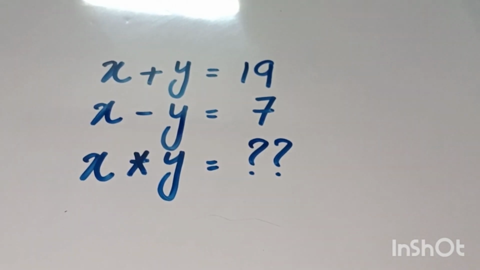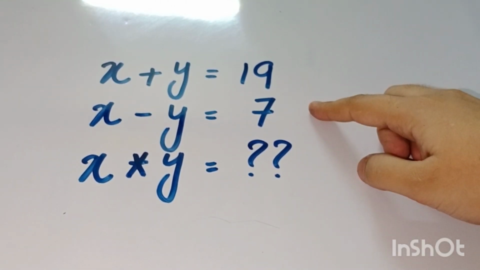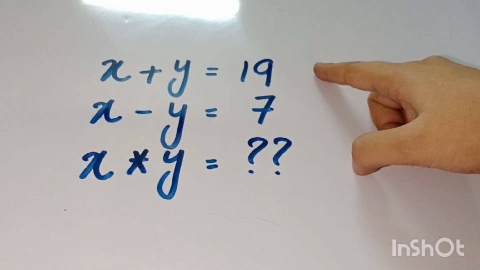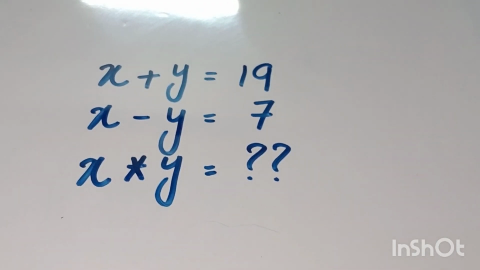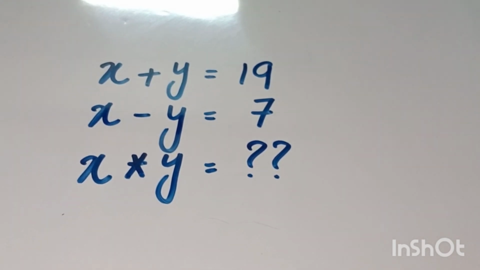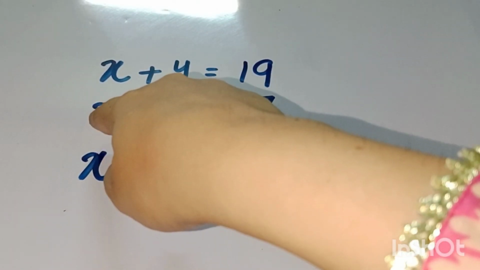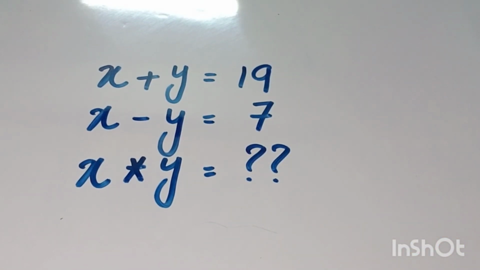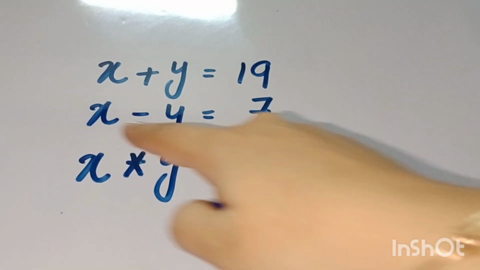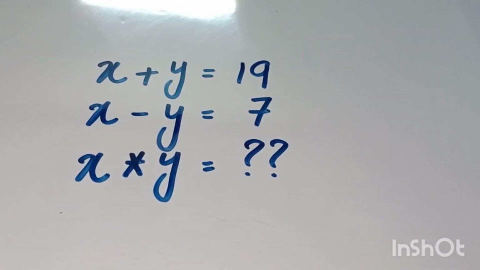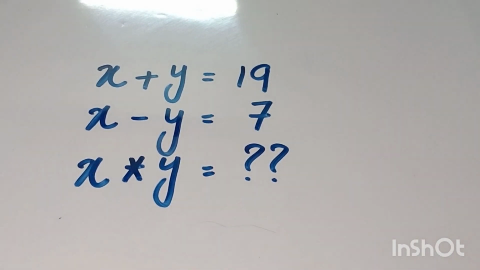I am giving you a hint for this puzzle. Here we have two equations. I have to solve these two equations by elimination method or by substitution method. It's your choice what you choose, elimination or substitution method. After using elimination method, we will find a value of either x or y. When we find the value of either x or y, we will substitute this value in any of these equations. This is our choice. We can substitute it in either of these equations.